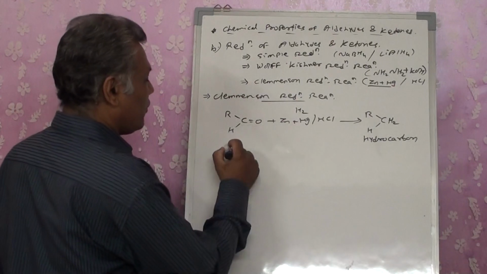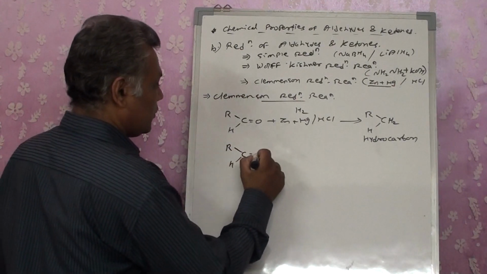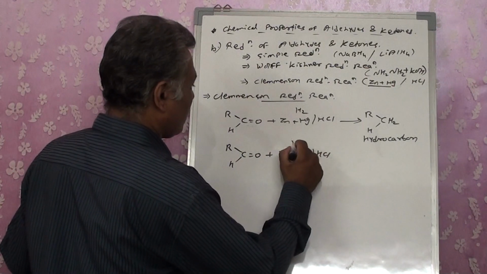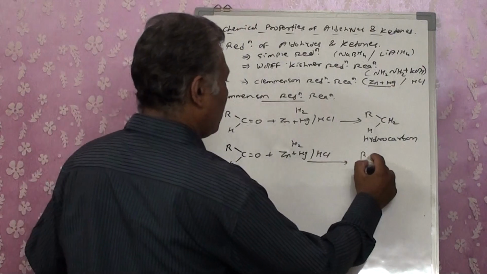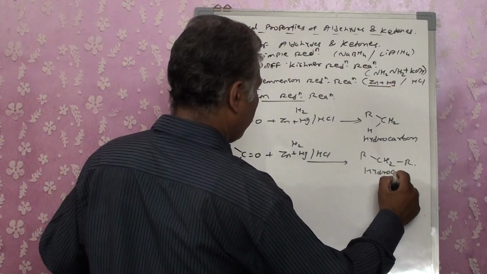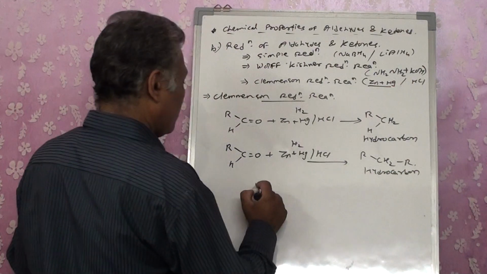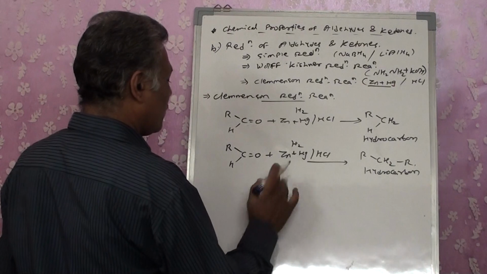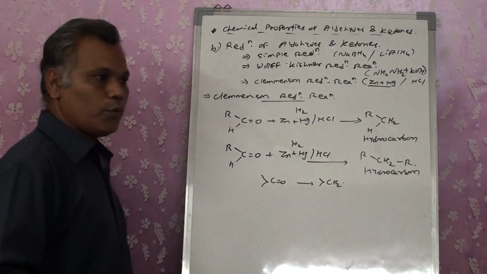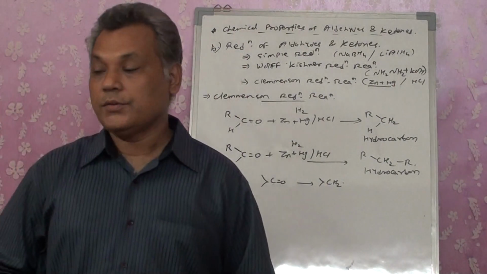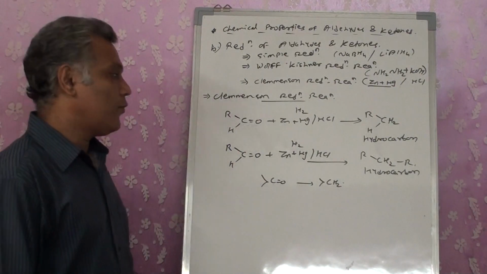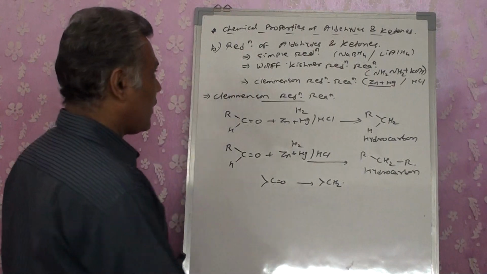Right? Same thing if we do it with a ketone also. Just check with the ketone also. We get, again over there also, a hydrocarbon. So in this reaction also, the carbonyl group is getting converted into a methylene group. Right? So that is what the reduction reactions are. Three different reduction reactions that we have.